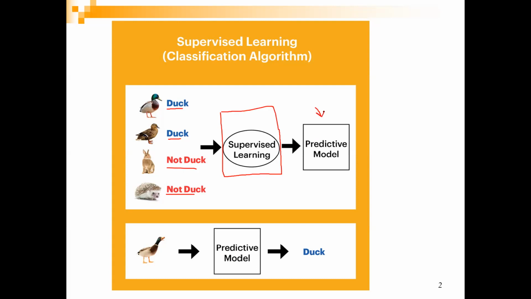Now when this predictive model is ready, if you give it an object which doesn't have a label or a class, it can look at it and tell that this is a duck. So basically you want to develop a computer program which, given an image of a duck or some other animal, can classify